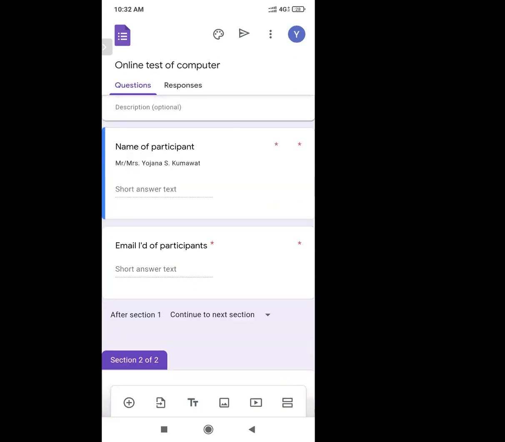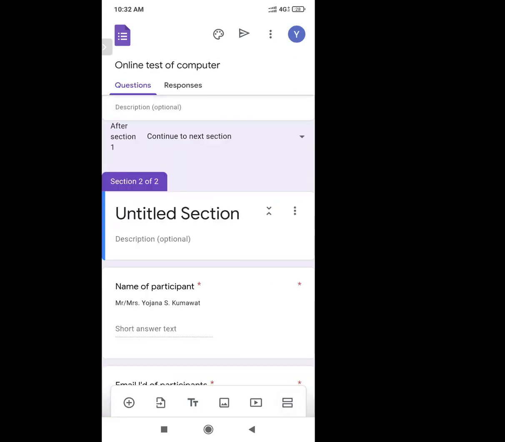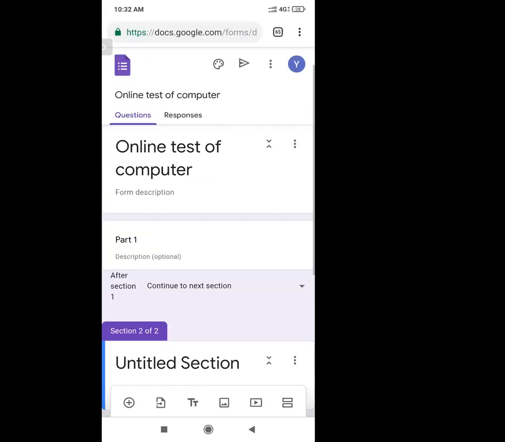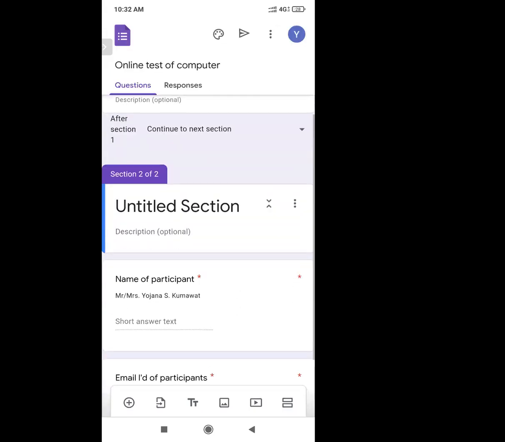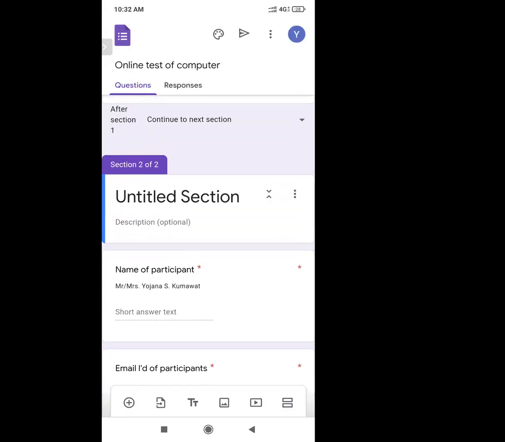After clicking on that last button, you can see here the second section is created. You can see this purple color option is there, section 2 of 2. Our first section was this online test of computer, and our second section is section 2 of 2. Now you can give a name to this section.